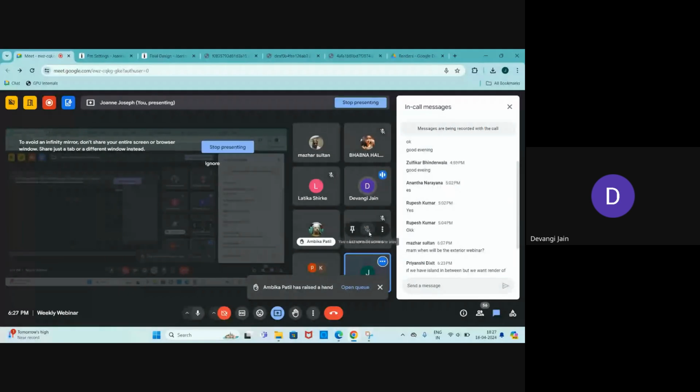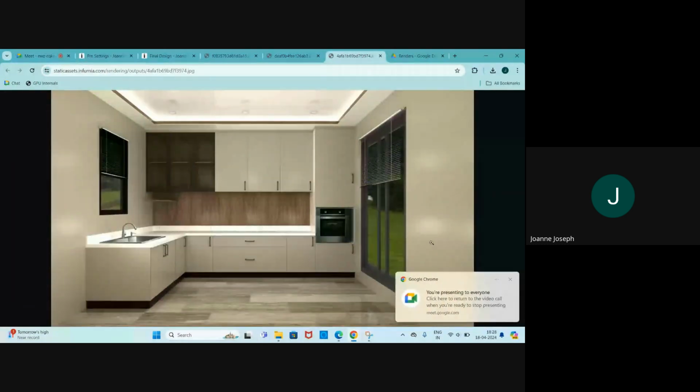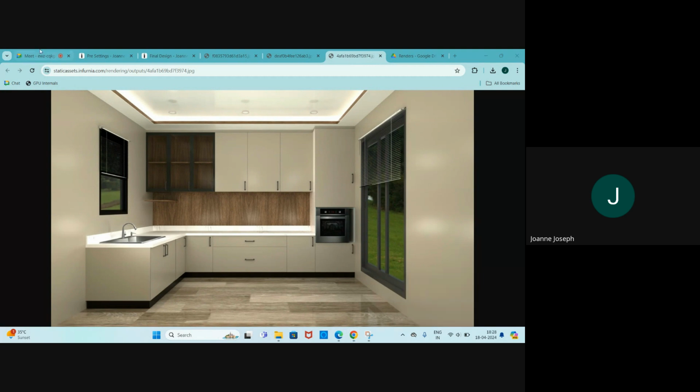Could you show how to remove those kinds of spots from a ceiling light that fall on the walls? Is that based on the wall texture, like the glossiness of the wall? Actually it's based on two things. You are referring to this, of course, right? Yes. So one main reason is that the wall is by default given a specular property,